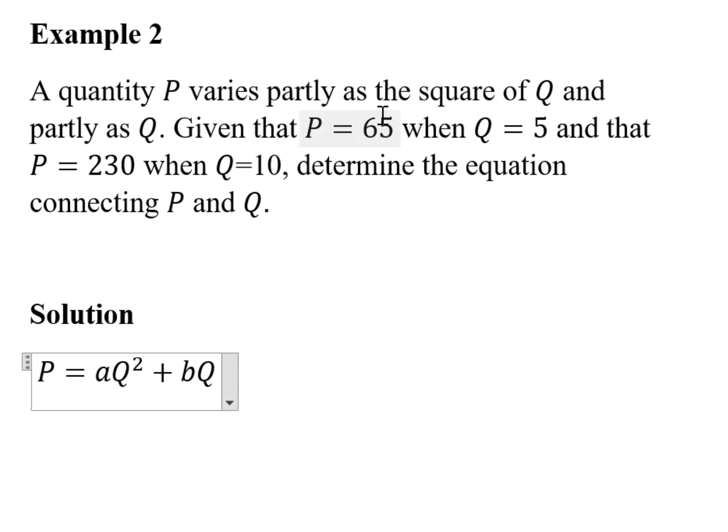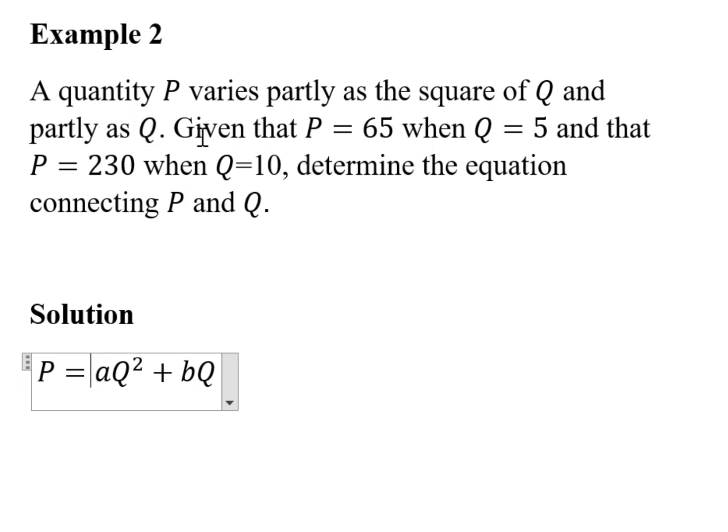And then we are told it also varies partly as q, so we shall write plus q. But again, because this is a variable, we also have to assign to it another constant of proportionality, which we have decided to call b. So this is just a constant or a coefficient, and this is also another coefficient. These values could be the same or they could be different. Now, having written this general form of this equation,